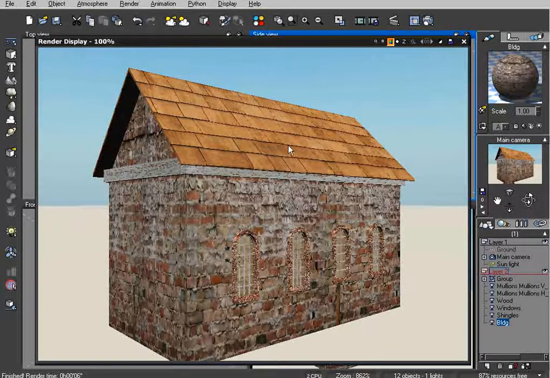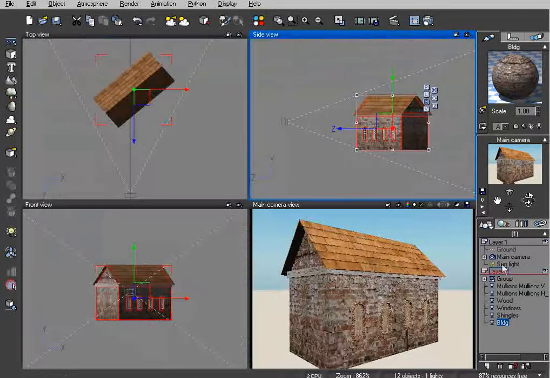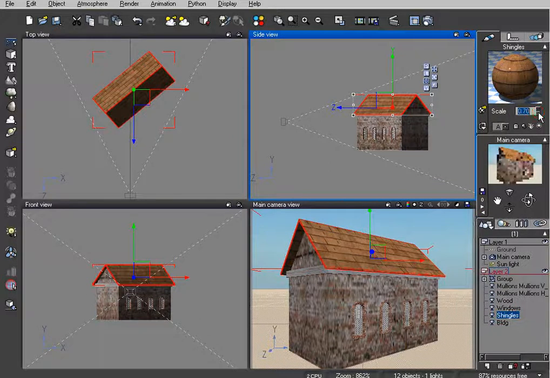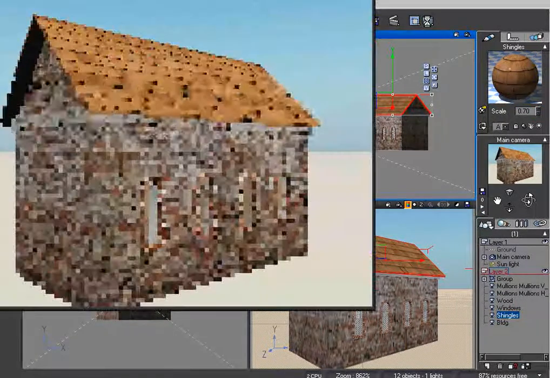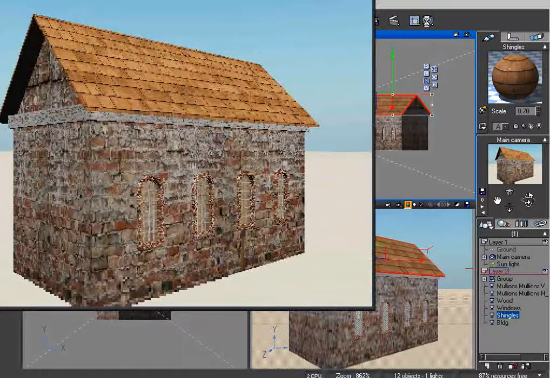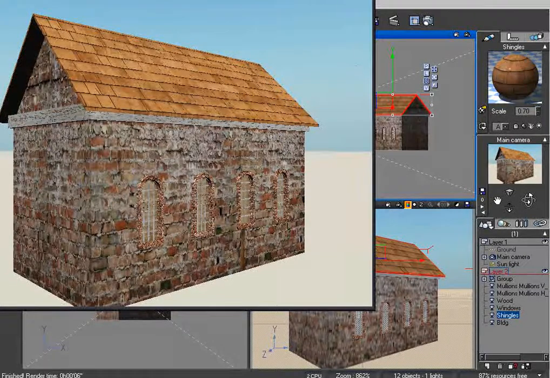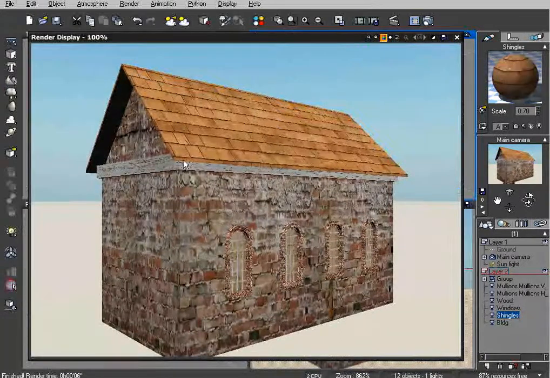I think I can go ahead and reduce, not the resolution, but the scale of our roofing material. I'll go ahead and do that. And it's called shingles. I'm just going to reduce it just a tad. Let's come back up here. I think that looks a whole lot nicer. You see there is some thickness to our roof now because of that one little extra step that we did